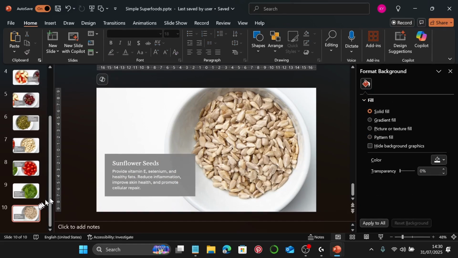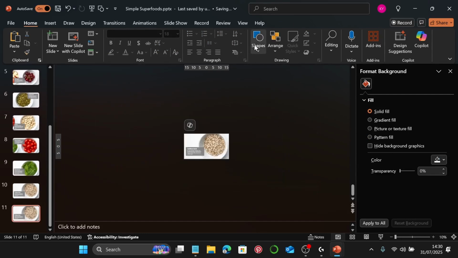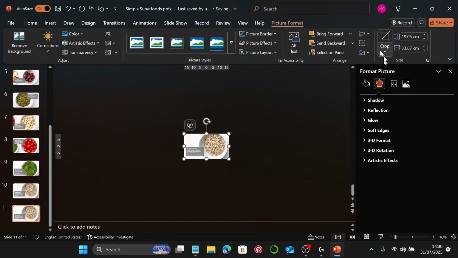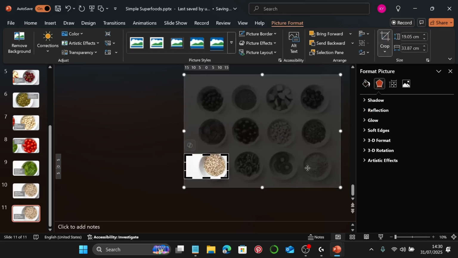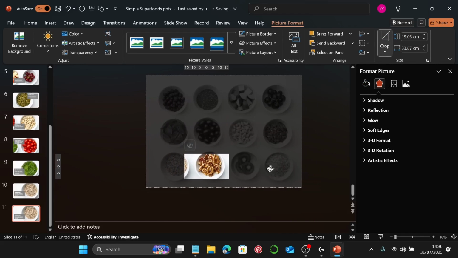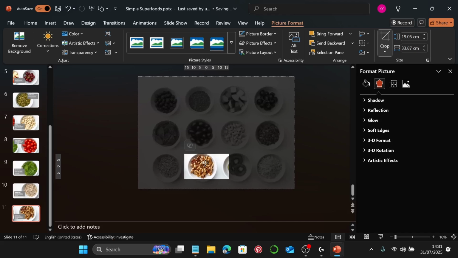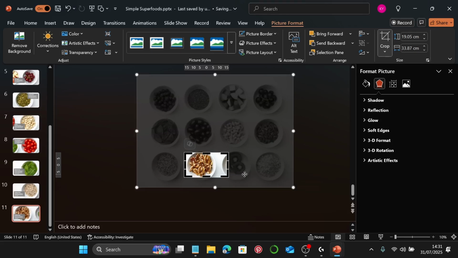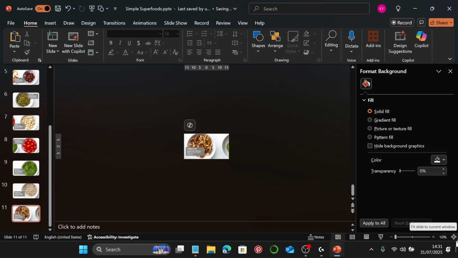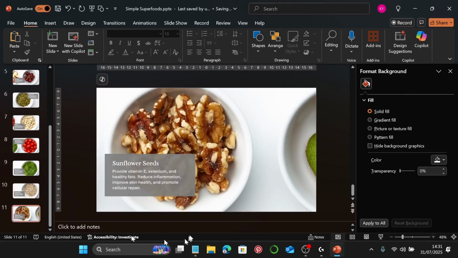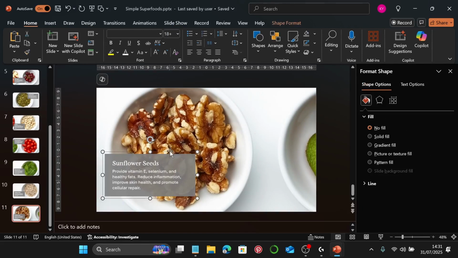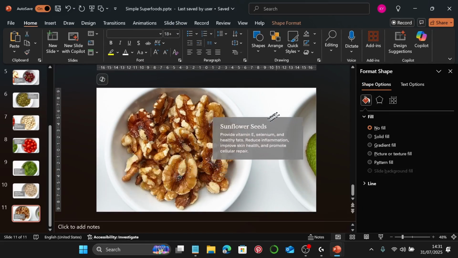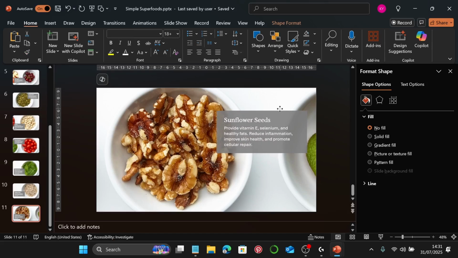Yeah, let's select the slide, Ctrl D to duplicate, and I'm going to do the same thing, picture format, go to crop, and I'm going to move it this way. Let me perhaps move the image a bit like this, and I'm going to go back here. I'm going to return back to the full screen, and I'm going to move this text all the way to this side,